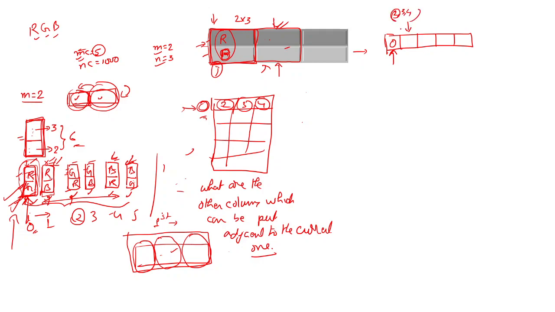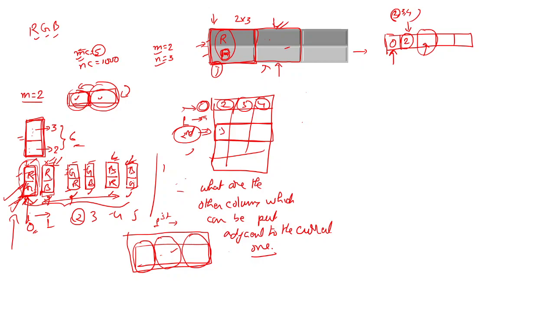Suppose we have filled it with position 2. Once we have put this position 2, what are all the elements that can come here? That we will check from this one. This is first position, this is second position. So using the second position, we'll see what all the values are that can go here.